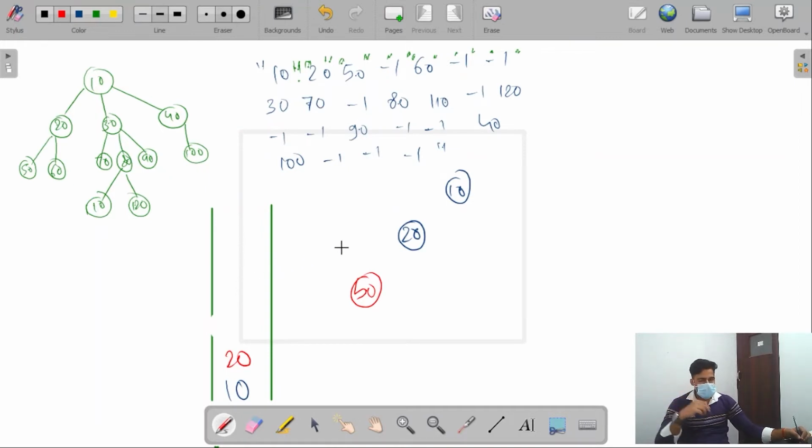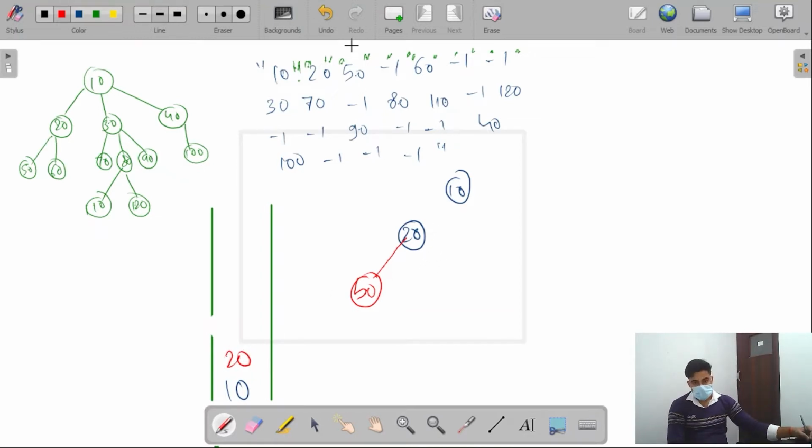So this 50's parent is this 20, which is the top of the stack. We update its link with this parent, and the moment we update it, the flow of the program, or the flow of this deserialization method, reaches this 20.